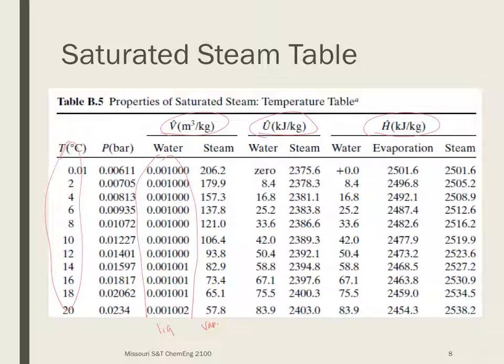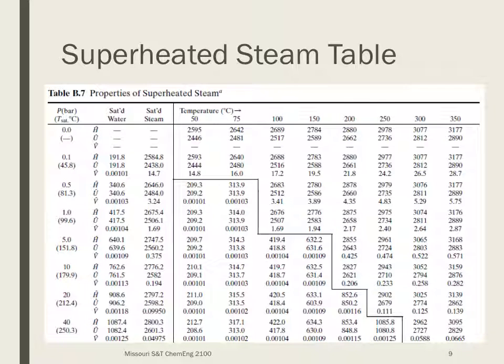They call it water and steam, but liquid and vapor. And for enthalpy, they also show an evaporation column, which is simply the difference between these two. So they've subtracted to get this. And we'll talk more about this column in a few lessons. Once you get past saturated liquid vapor water, remember we hit that critical point. So you might want to go back and review from chapter 5 where these transitions occur. But once you get to the critical point, or once you heat the substance